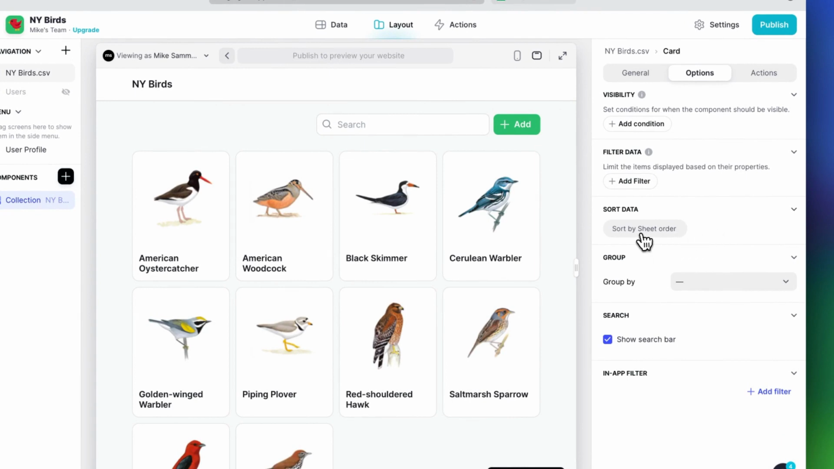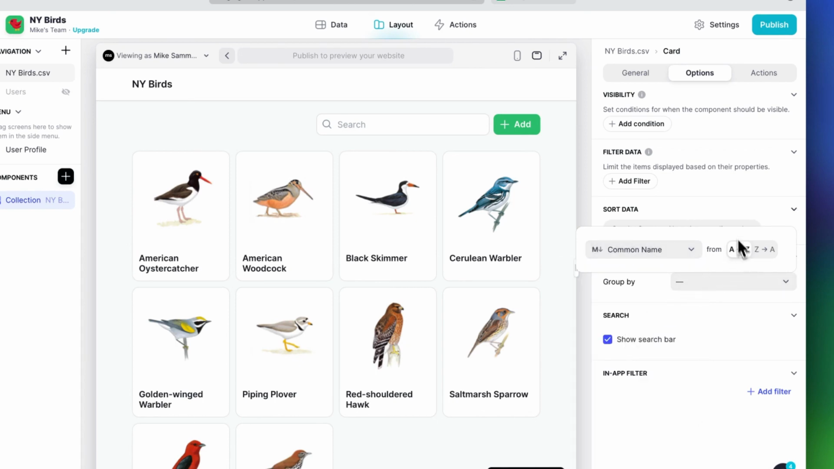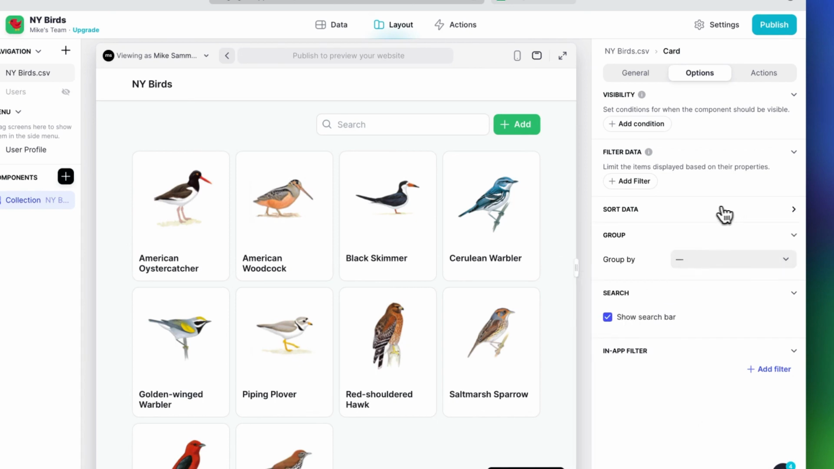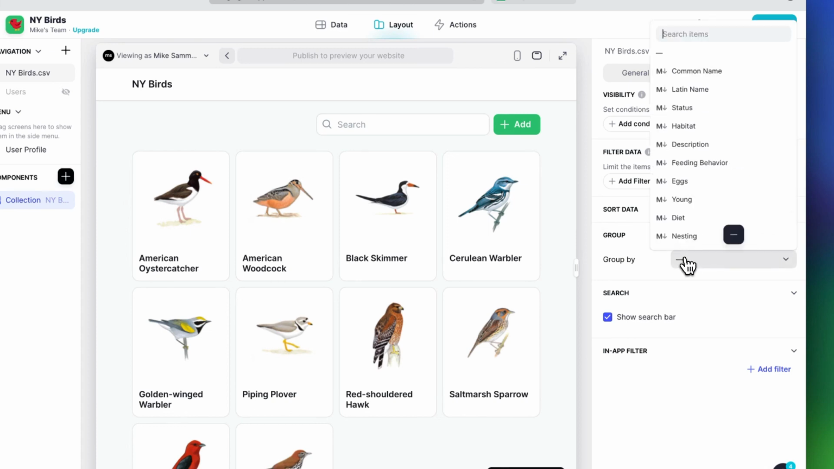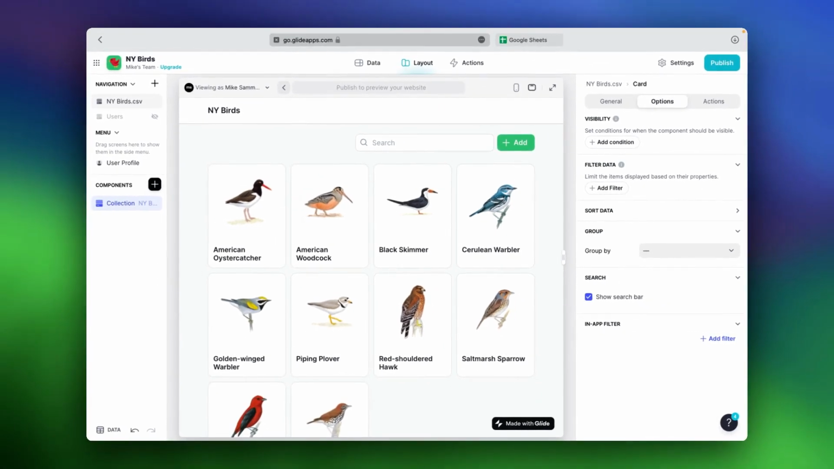I can sort my cards in a variety of ways. I want to sort it by common name from A to Z. So we'll leave it like that. And then if I want to, I could group them. So I could group them according to, I don't know, what their habitat is or something like that. Now, that won't work really well with this particular data, but if I had a different type of data set,